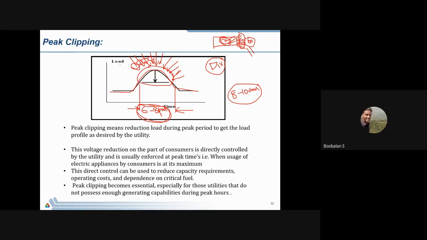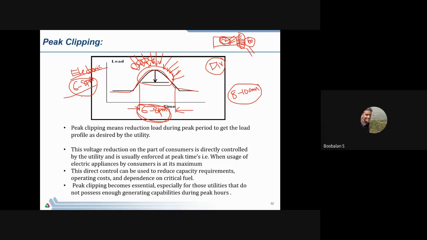It is a small electronic timer. For example, I install an electronic timer on my load side, and I cut off or isolate that particular electrical appliance from the grid between 6 to 8 p.m. So I fix the electronic timer on that equipment for this time period, 6 to 8 p.m.